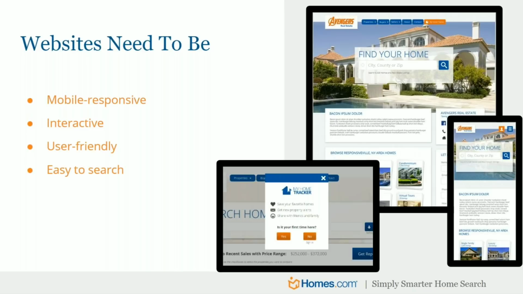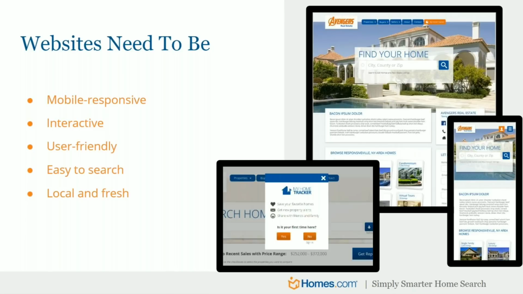As part of that buyer and seller survey that NAR does every year, they ask what's the number one thing you're looking for in a website when you're looking for properties. And the number one thing is easy to search. I want it to be easy for me to search for properties. So you want to make that the easiest, most looked at function on your website. It's got to be front and center, easy for them to find, because that's the number one thing they want to do.